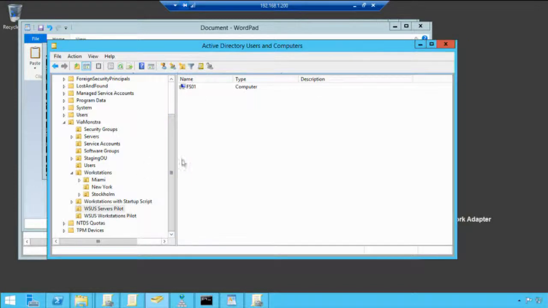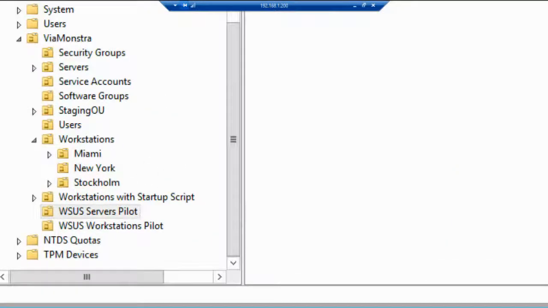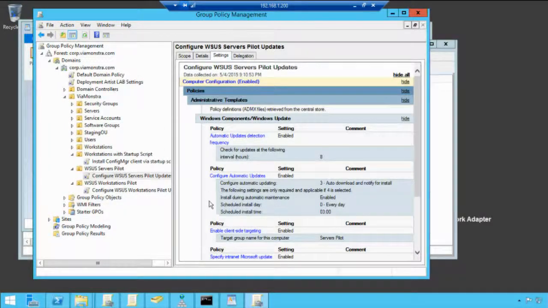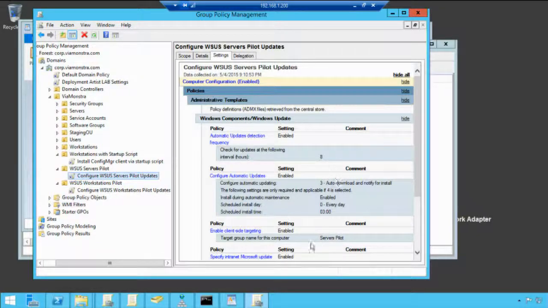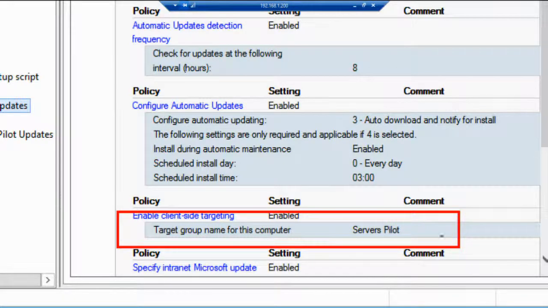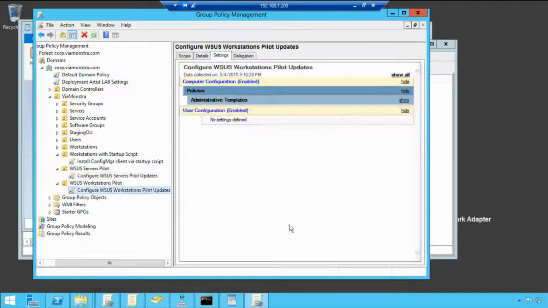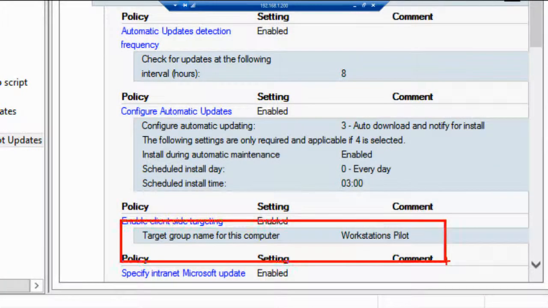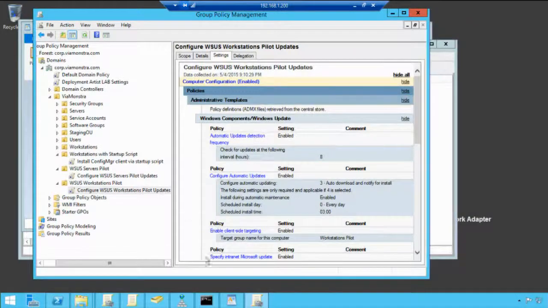Here I have 2 OUs, which I'm using for my pilots. I have a Service Pilot OU and a Workstations Pilot OU. To that OU, I've added at least one of the machines I want to test, and into the workstations, I have a few clients that I want to test as a pilot. And then I go in and I create a policy for this. So I will have one policy that will put these clients into the target group for servers. I have another policy for my workstations that will do the same thing, but instead put these machines into that group. And then in WSUS,